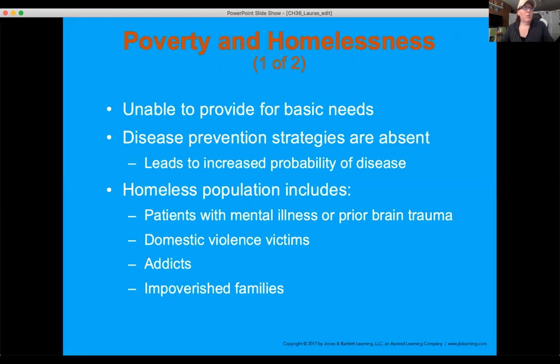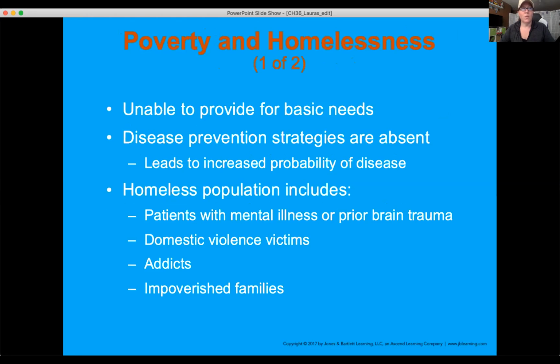All right, poverty and the homeless. The biggest thing in Tucson, our homeless population doubles in the winter due to the climate here. So that's something we need to consider. We need to make sure we're patient advocates no matter what is going on with our patient, whether they live in a mansion or they live on the side of the road. So that's a big thing we consider.